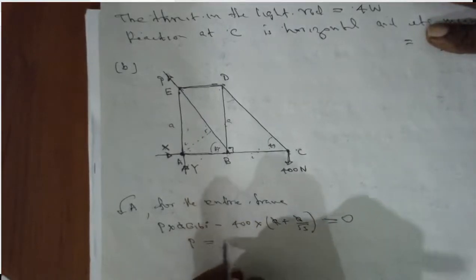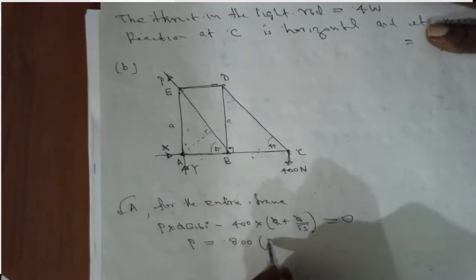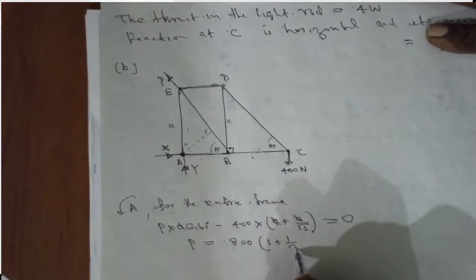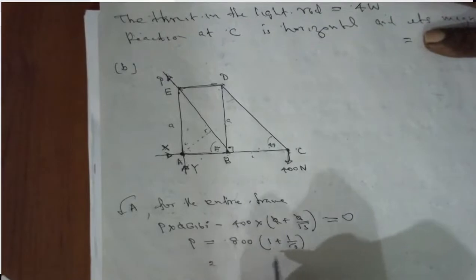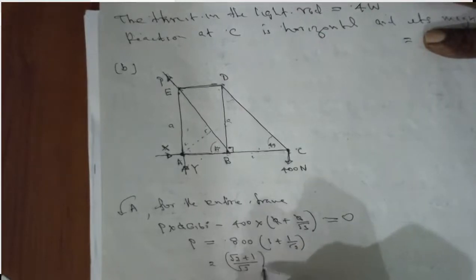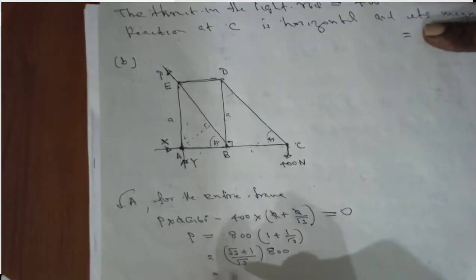P equals 800 times 1 plus 1 over root 3. That is root 3 plus 1 over root 3 times 800, that is